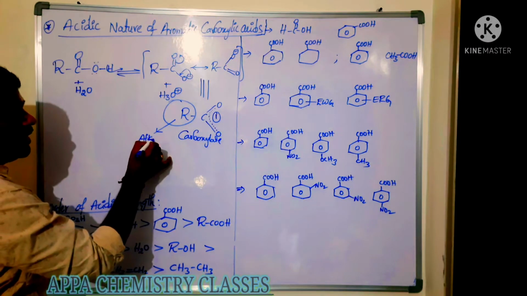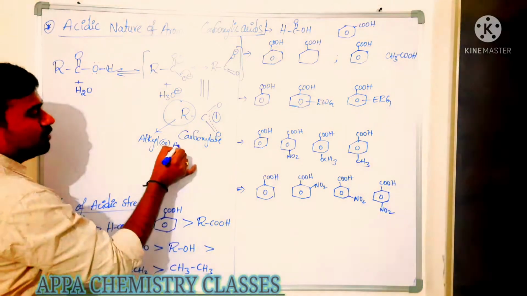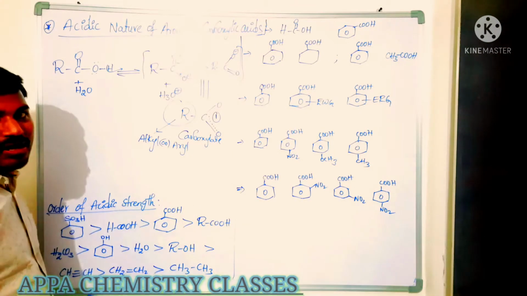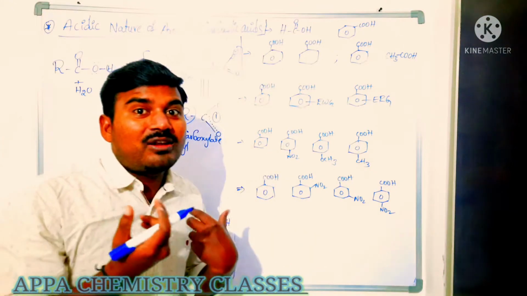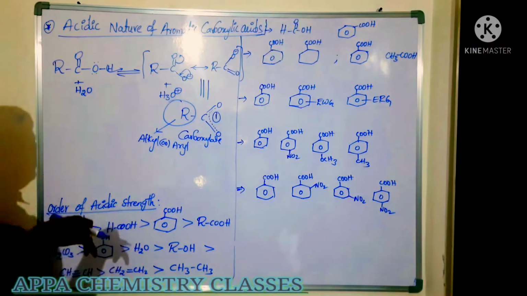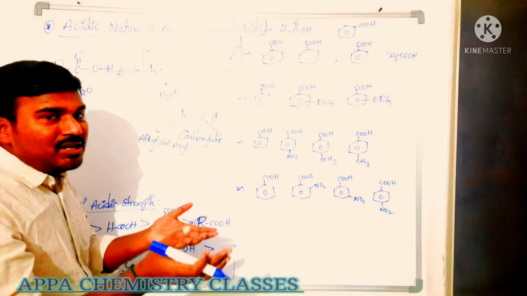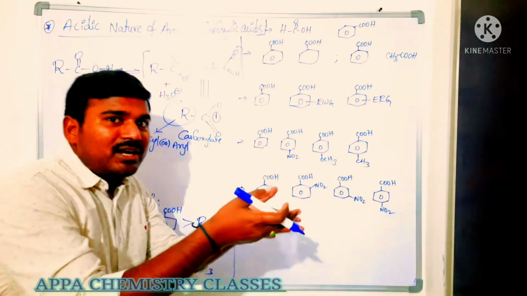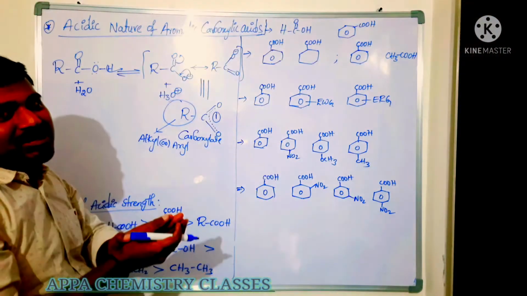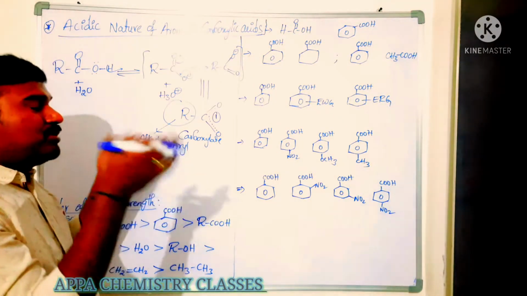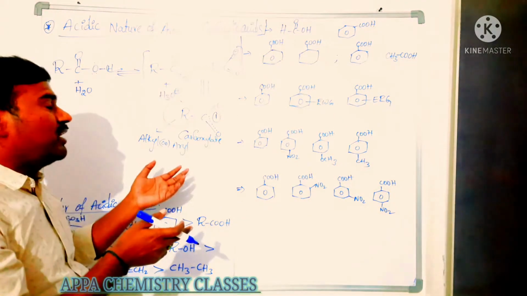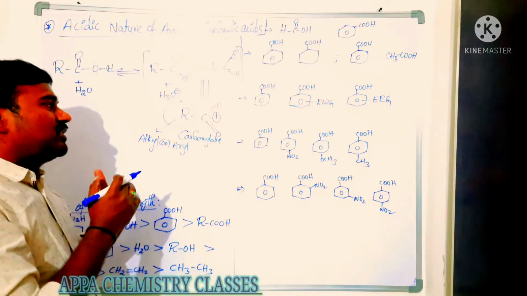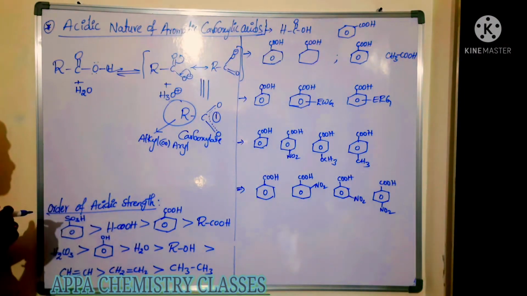Either it may be an alkyl group or it may be an aryl group. If an aryl group is there, it is readily stabilized when compared to the alkyl group, because the aryl group is an electron withdrawing group. Whenever it withdraws the electron, the negative charge will be readily stabilized. But the alkyl group is an electron donating group, which donates the electron, so the negative charge will again increase. So the alkyl group destabilizes the carboxylate ion, but aryl groups withdraw the electrons because of their sp2 carbon, so that negative charge is readily stabilized.